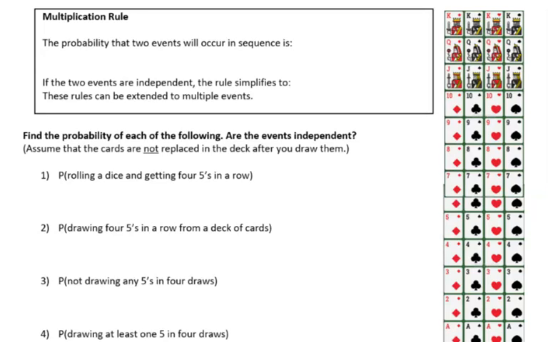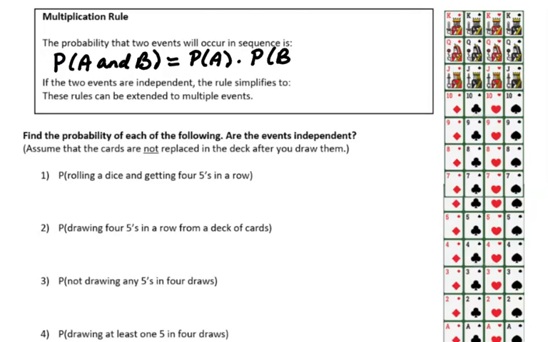We've looked at the probability of individual events, and we've looked at counting multiple events occurring. If we put the two together, we get something called the multiplication rule. The probability that two events will occur in sequence is just multiplying their probabilities. So the probability that both A and B will occur is equal to the probability of A times the probability